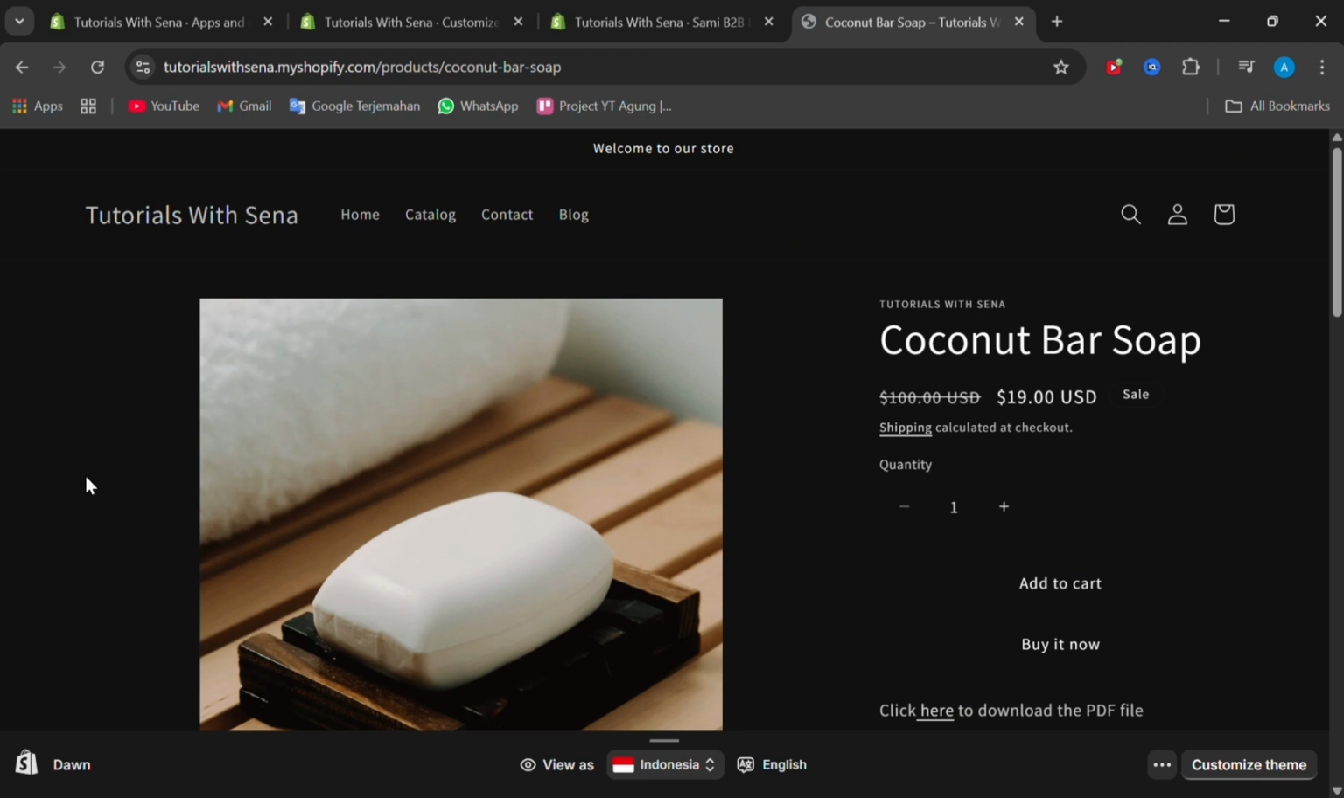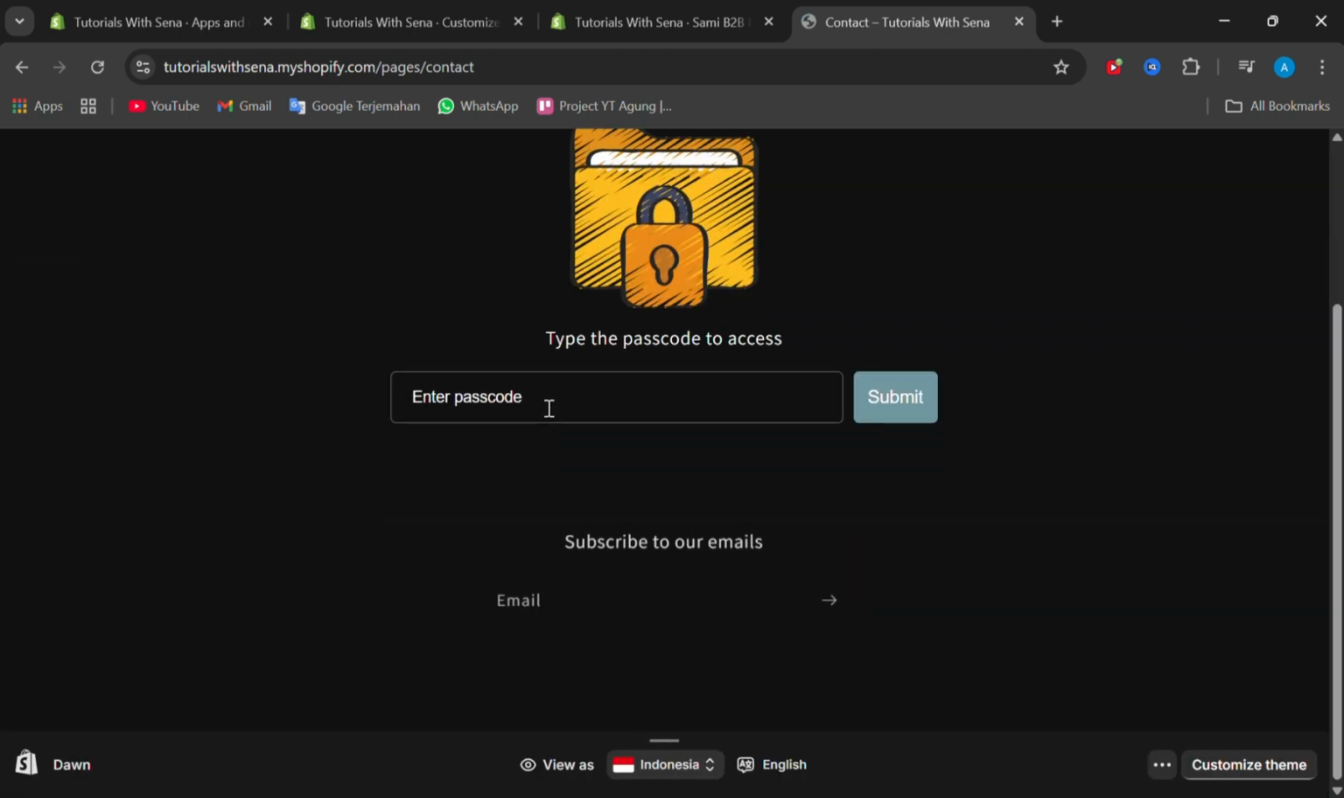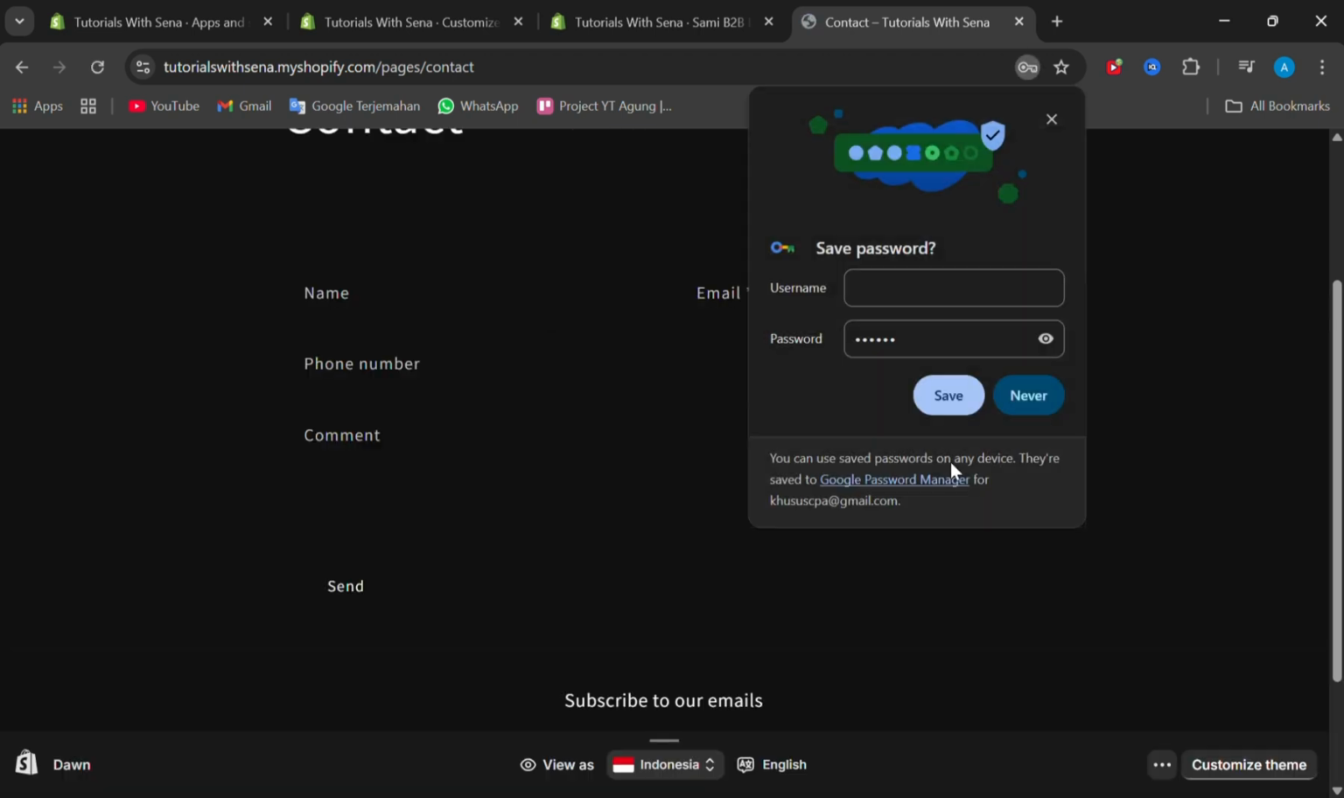So let's try to open my Shopify store and go to contact page here. And then as you can see, the page is locked. So we have to input the passcode. Let's try 123. And as you can see, it's not correct because the correct one is 12345. Oops, I mean 123456. I forgot. So let's try 123456, and as you can see, it